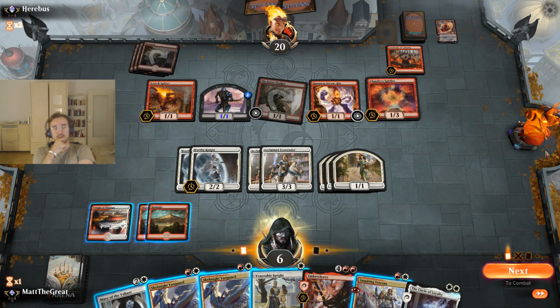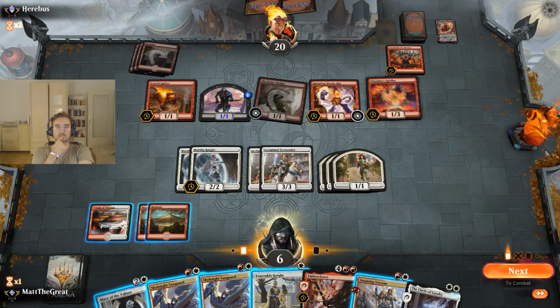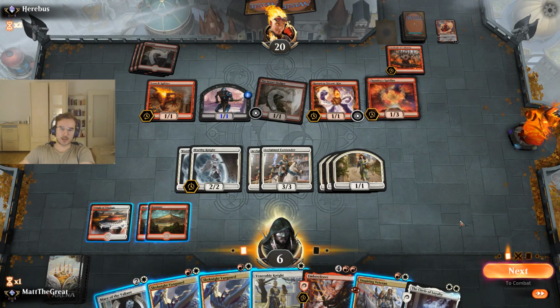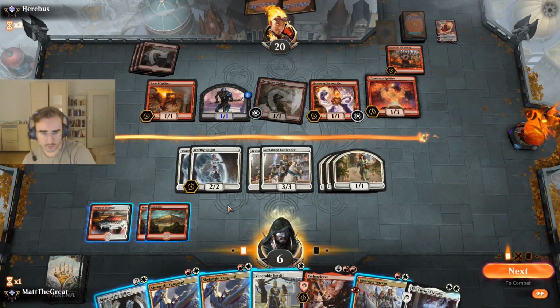We can play a Circle of Loyalty, that's a shame. What can we actually do here? I mean, next turn we just die to Shanna Spitfire, right? If we attack with all we have, this is 3 damage, 6, 9, 11, 13, we'll get another...